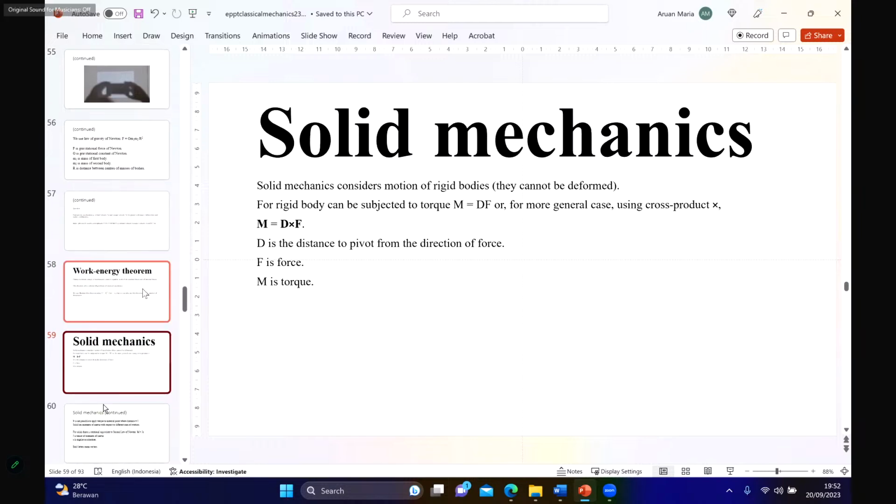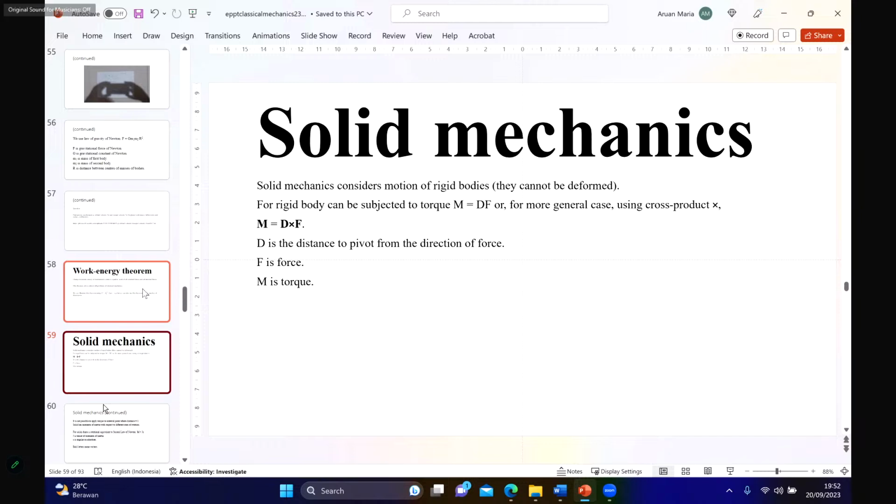Okay, now let's move to solid mechanics. We have solids this time, slide number 59. It considers rigid bodies. They cannot be deformed. For example, in fracture mechanics, in elasticity and plasticity theories, you can see bodies which can be deformed and can change their form, but not this time. Yeah, for a rigid body,